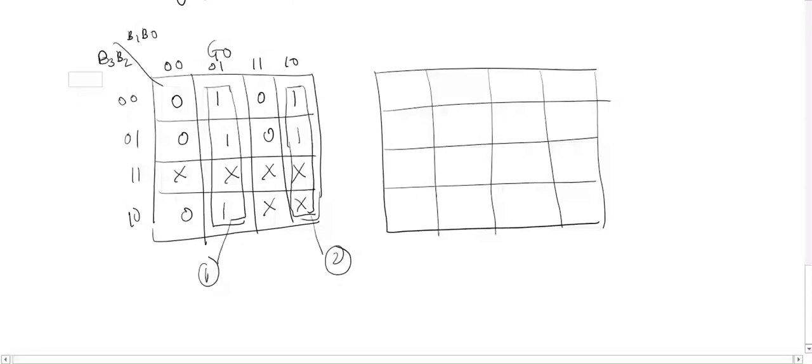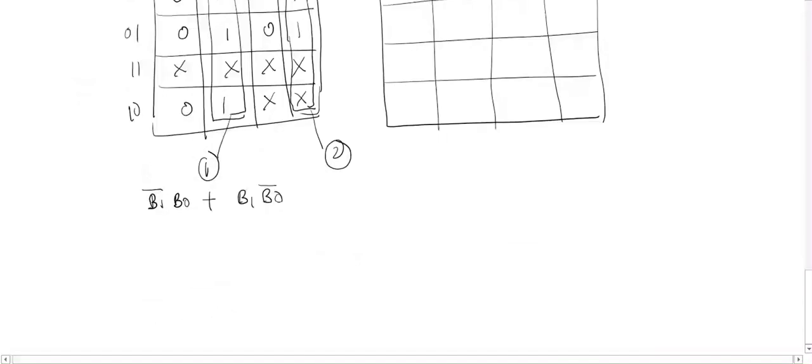Now for group number 1, the term will be B1 bar and B0, plus for group number 2, the term will be B1 and B0 bar. Now we know that A bar B plus A B bar is nothing but the XOR operation.